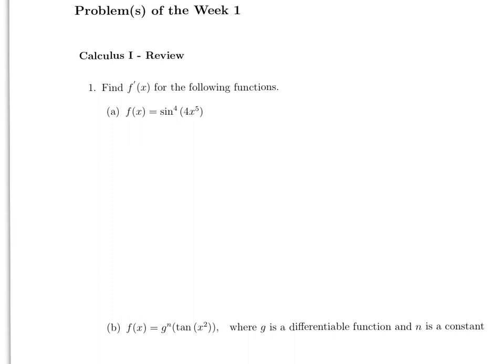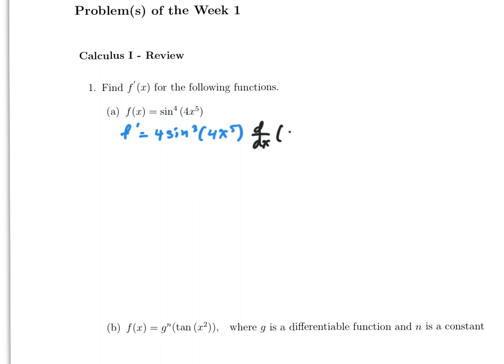So you notice here you have technically one function for sine, the 4 power, that's a second function, and for x to the 5th power, that's a third function. But this is a single function, so there's no need to use the product rule. This is just the chain rule. So therefore, f prime is going to be 4 sine cubed of 4x to the 5th times the derivative with